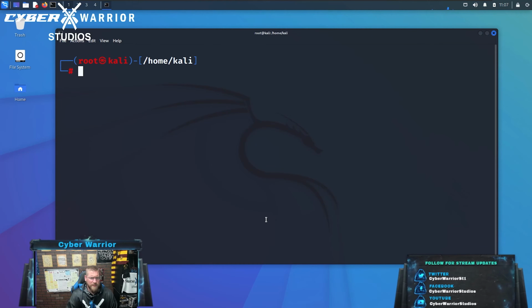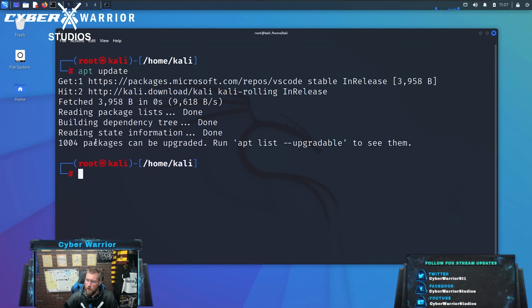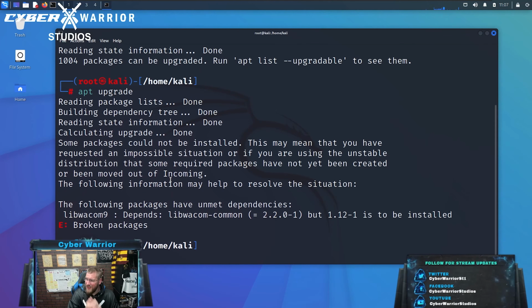Well, I'm actually back at apt update because after you do update, if I can be so kind as to show you, this will show how many packages can be upgraded. Now, we can do apt list upgradable to actually list all 1004 packages, or I can do apt upgrade. And what that's gonna do, it's broken. Let's see, the following packages have unmet dependencies, libwacom9 depends on, so we can do apt install libwacom-common,